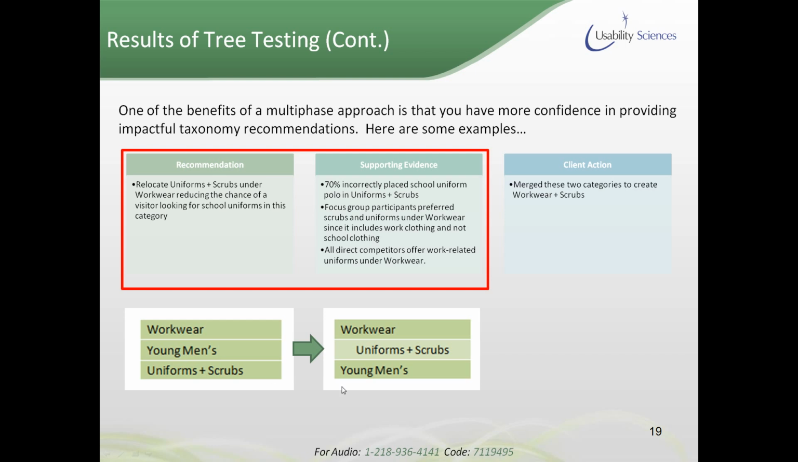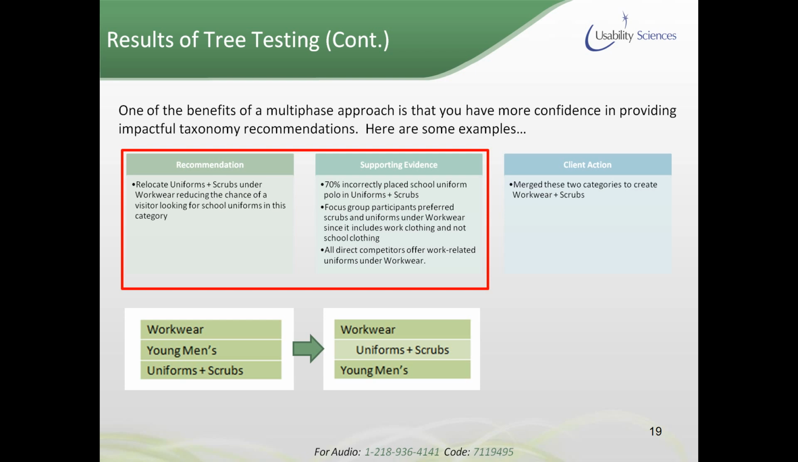And so what drove us to this recommendation is, first, that 70% incorrectly placed school uniforms and scrubs. It's not there, but you can obviously see the word association that led them down that path. In addition, when we talked with folks in the focus group, we found that they really preferred scrubs and uniforms to be under workwear because they said, look, that's workwear. You only wear those things as work clothing and not school clothing. So from their perspective, it made absolute sense to have uniforms and scrubs be a subcategory, if you will,